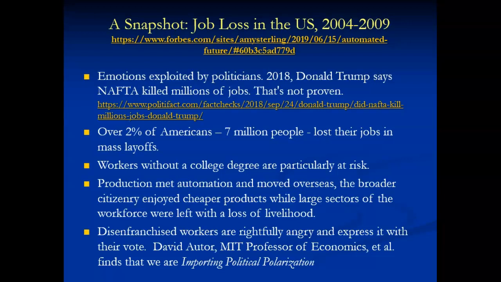But, of course, we know that he overstates pretty much everything, from at least my perspective. Well, I think it's not just my perspective, it's just a fact. But we did have a loss of jobs in the U.S., about 2% of Americans from 2004 to 2009. And who's mostly at risk? Well, those workers that do not have college degrees. Those are the ones mostly at risk. So finish your degree. The studies say that if you have a college degree, you'll make about $1 million more over your lifetime, which is enough to buy a house in Silicon Valley. So get your degree, go get those jobs.